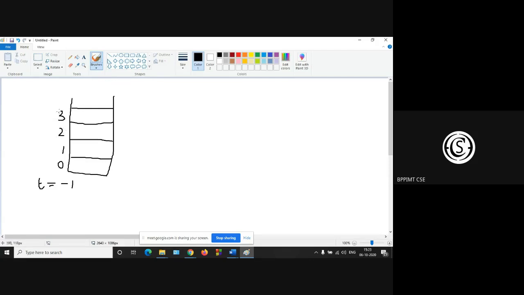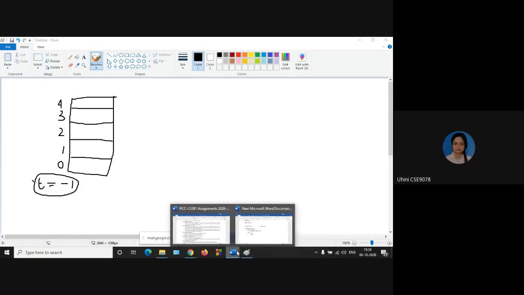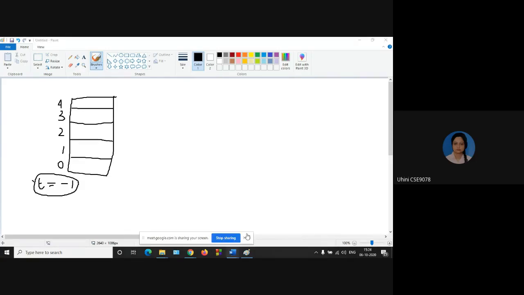Okay. Let this be 5. So array size is 5. So here max is 5. Now top is equal to -1. How to push an element? Sir, max means the maximum size of that stack or the maximum size of that array? Yes.